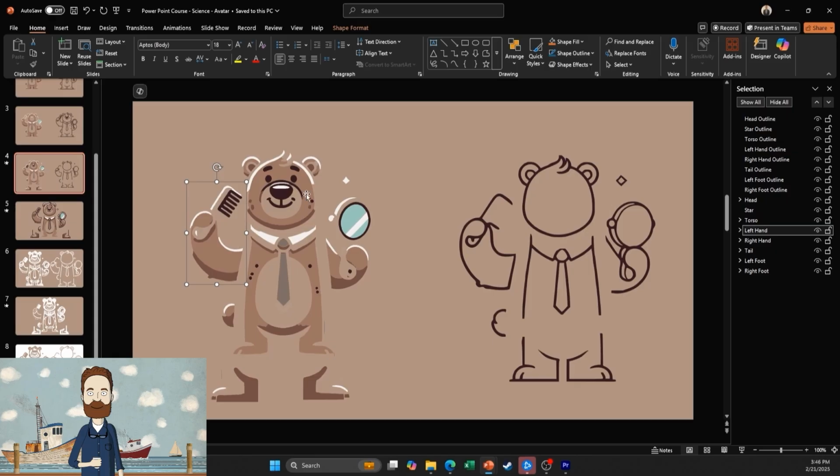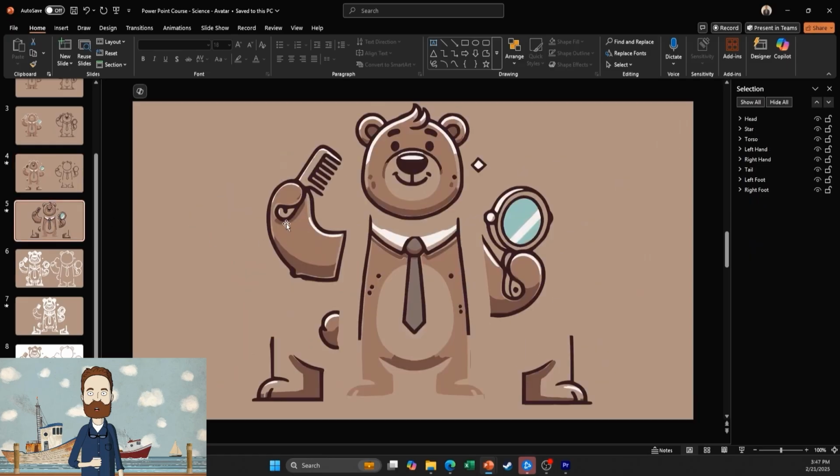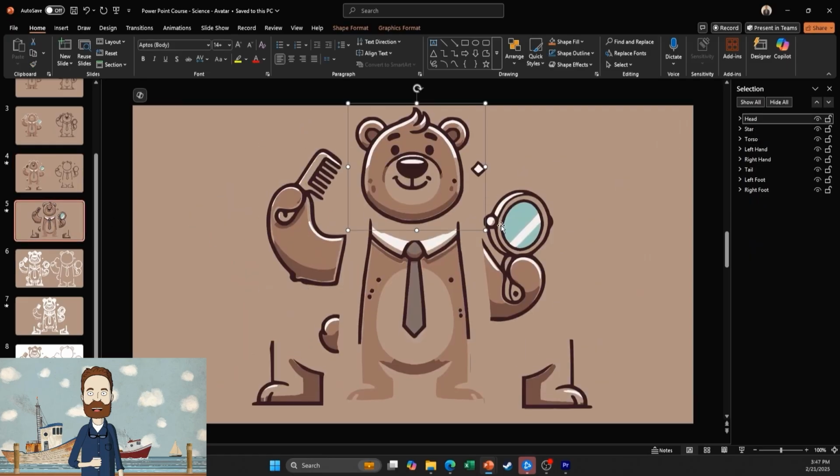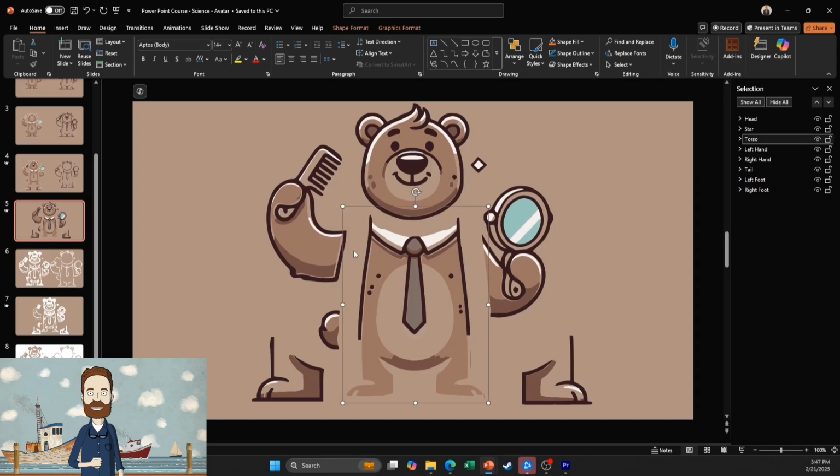On slide 4, we can see the result. Each individual body part separated and ready for animation. Now, every part of the bear, from the arms and legs to the torso, tail, and head, can be animated independently, giving us full control over the final animation. And on slide 5, you can see how I merge the outline with the inner layers of the bear. This way, every body part now has both its fill color and outline grouped together, making it easier to animate smooth, cohesive movements.